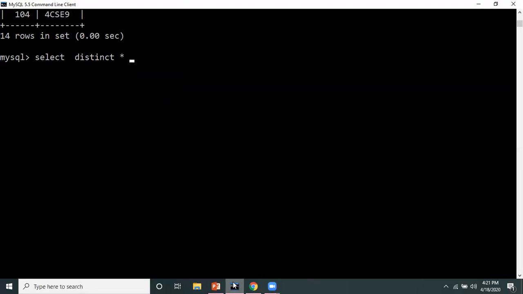I'm writing star; if I want only student name, I can write s dot s name also, from student table. This student table I will use as s, so I have to use alias. So here I should write select distinct s dot star, as we do for any column name, alias dot column name, s dot s name or s dot s num. Similarly, when I want to fetch all the details, I have to write s dot star.